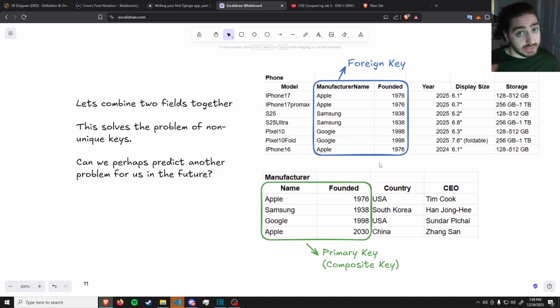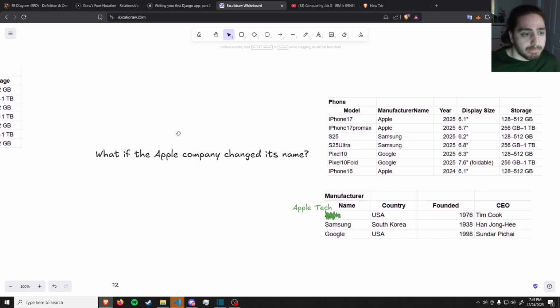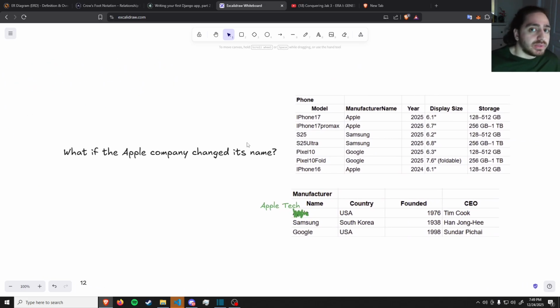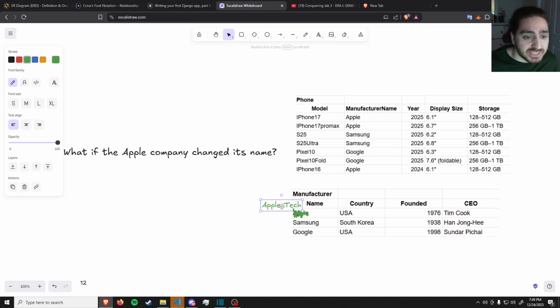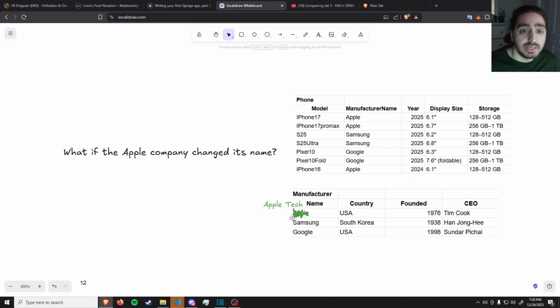I want to take you back to the previous note that our data is going to be bound by what happens in the real world. So think about what real world events could hurt our data integrity. What if Apple changed its name? Companies change their names from time to time. It doesn't happen often, but it certainly does happen. And in this case, if Apple were to change its name to, for example, Apple Tech, that would be an